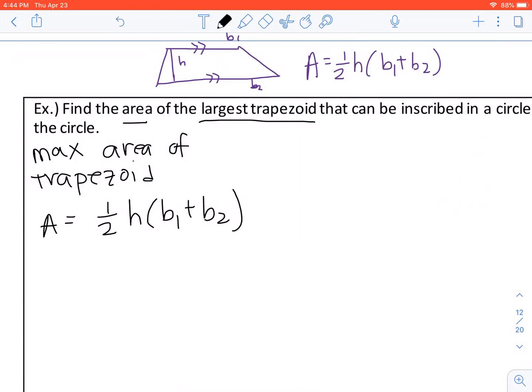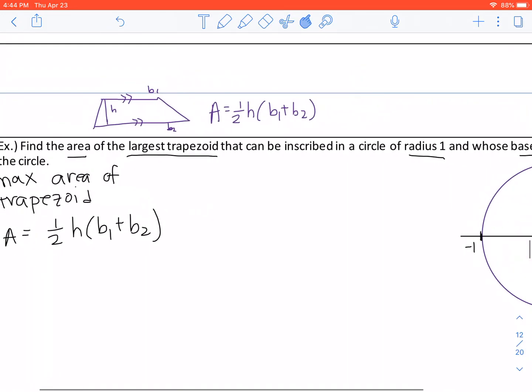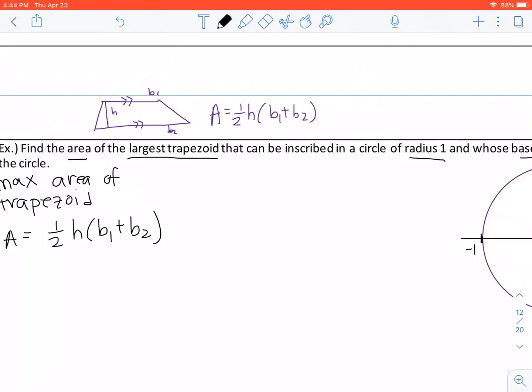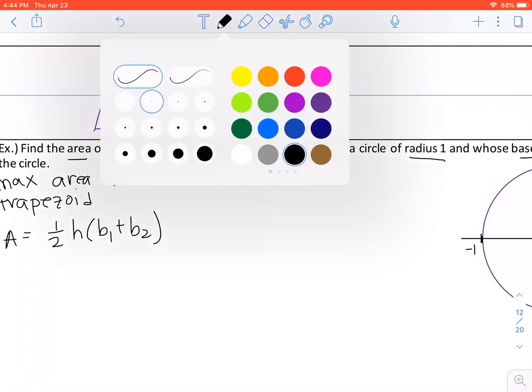Okay, and I have a constraint here. I can't make this as big as I would like to. The constraint which is controlling this is that it has to be inscribed. It's our key word here. So this has to be inscribed